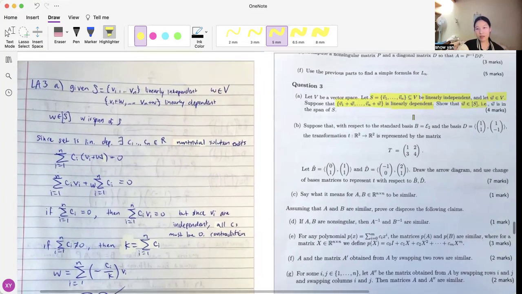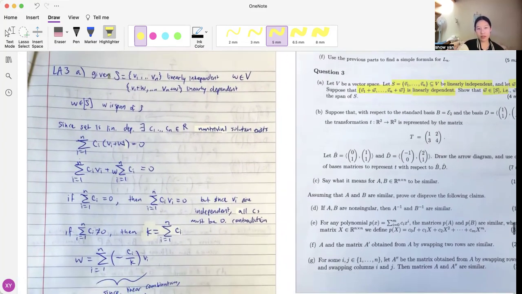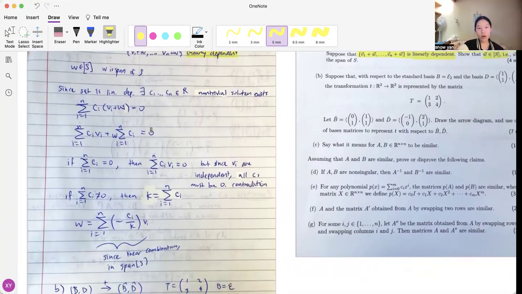Okay, so this part I'd say 4 marks is reasonably allocated. So we just first write down the equation. What really strikes out to me is the independent versus the dependent part here. So we think about what it means to be linearly dependent. If it's linearly dependent, then we must have some coefficients C1 to Cn,